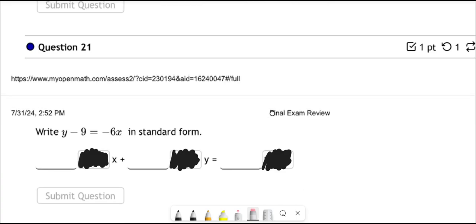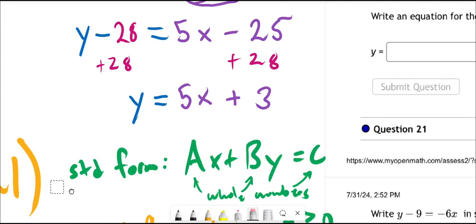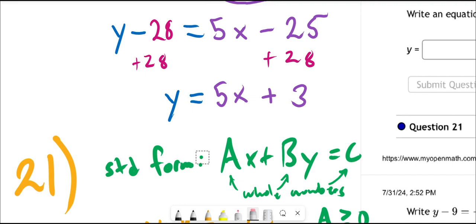Moving on, question 21. They ask for this to be written in standard form. It's given in no particular form. We have y's, we have x's, nothing's really solved for. Let's see what we should do here. Standard form has certain requirements. Standard form says that you want it to be ax plus by equals c,